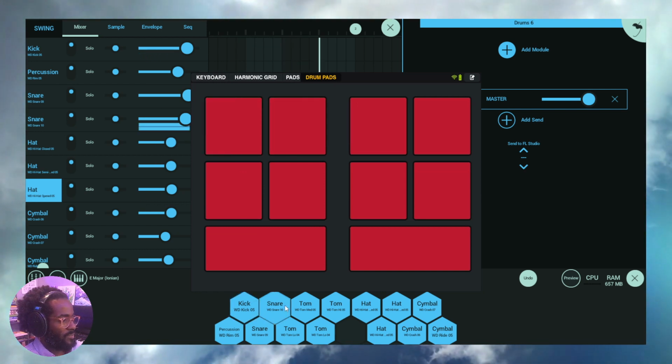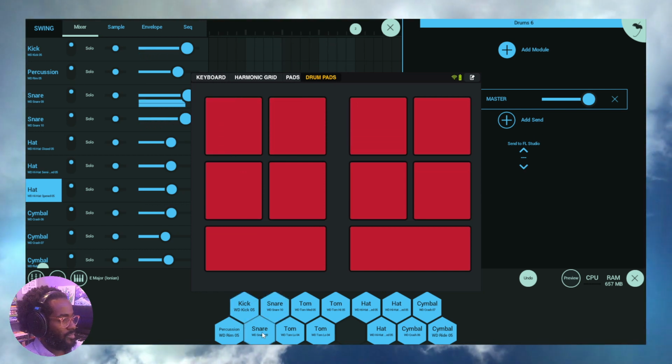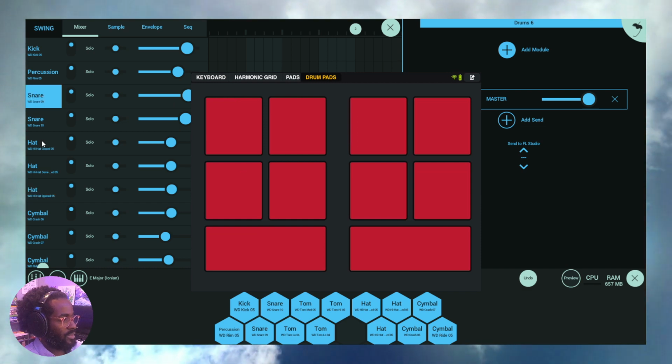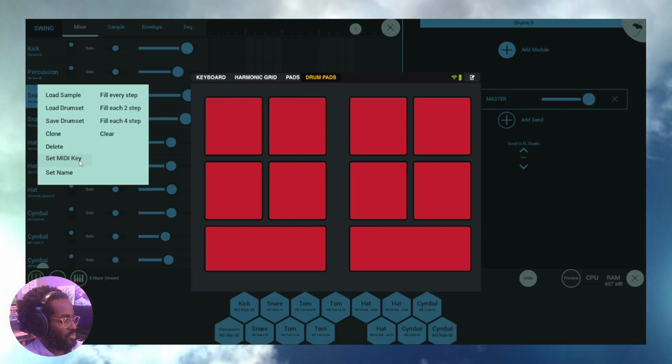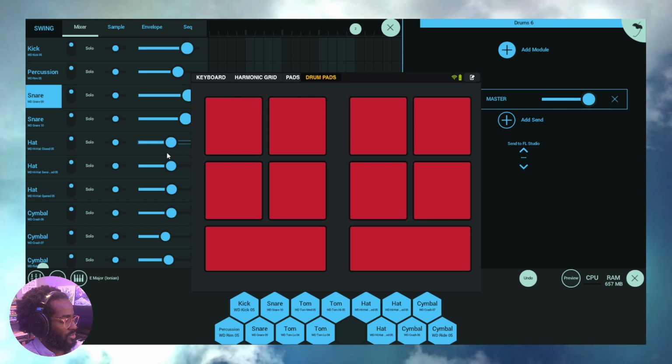Now let's do a snare drum. Let's do a more powerful snare drum. There we go. Okay, so again, you want to select this one and choose the MIDI channel. So now we got like,